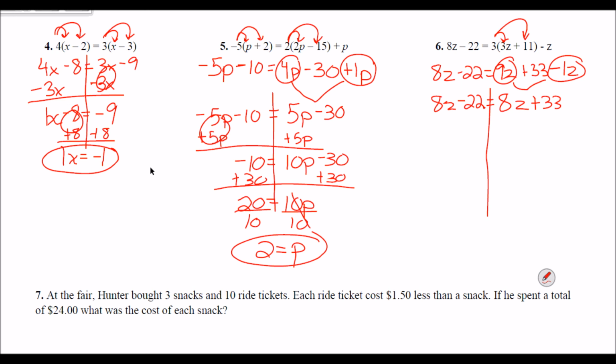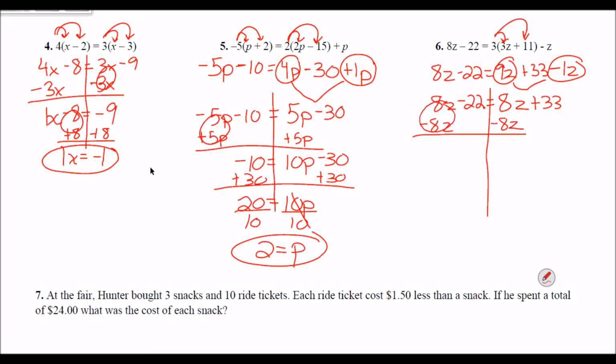So the smaller of the two is what we always want to move. I have 8z on the left and 8z on the right. So immediately you should know that because I have the exact same variable on the left and on the right, I'm going to end up with either all real numbers or no solution. Okay? So when we subtract the 8z,